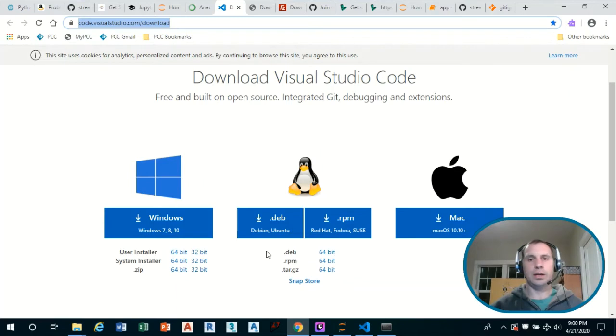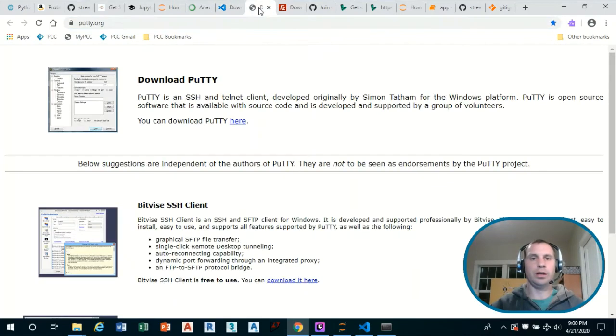Well, one thing is that we're going to need a way to communicate with the server over SSH. If you have a Mac or you're on Linux, you can use a terminal to communicate to the server over SSH. But I'm on Windows 10 here, and so I can't just do that with the Windows command prompt.